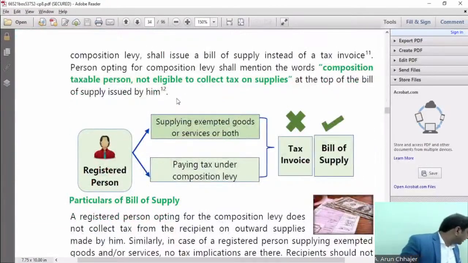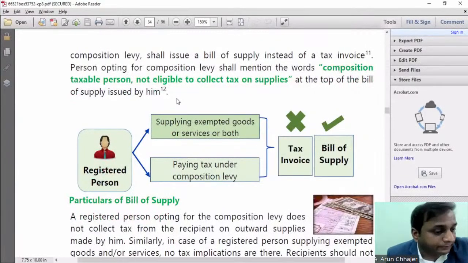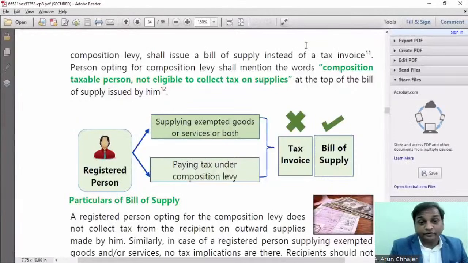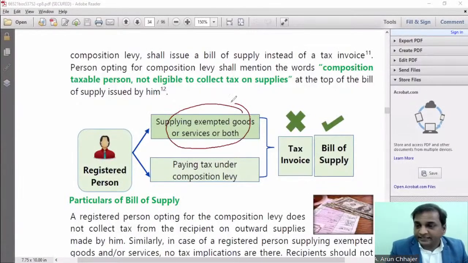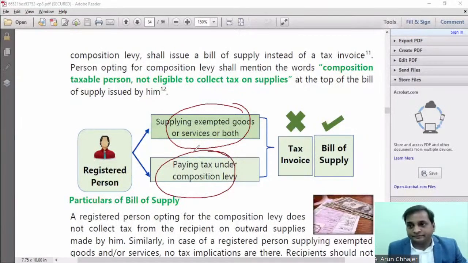We can issue the bill of supply in 2 circumstances: if I am making the supply of exempted goods or services, or I am registered in the composition levy. Either the supplier is registered under the normal category and is making the